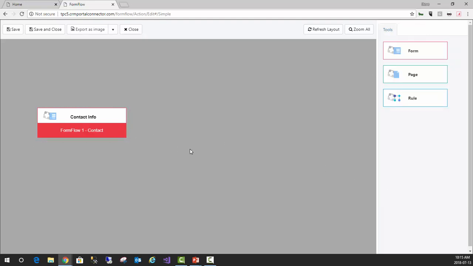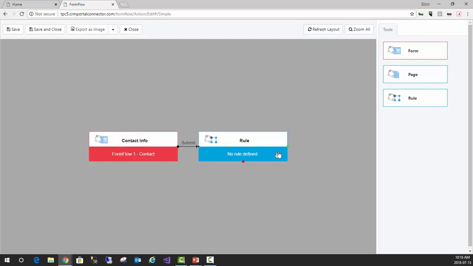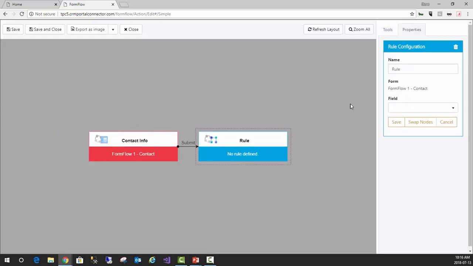So there it is. So from here, what I'd like to do is actually branch out. So now I have these other capabilities. You'll see here we have forms, pages, and rules. So I'm going to actually add a rule to this. So just drag it on and drop it in place. Clicking on that rule,